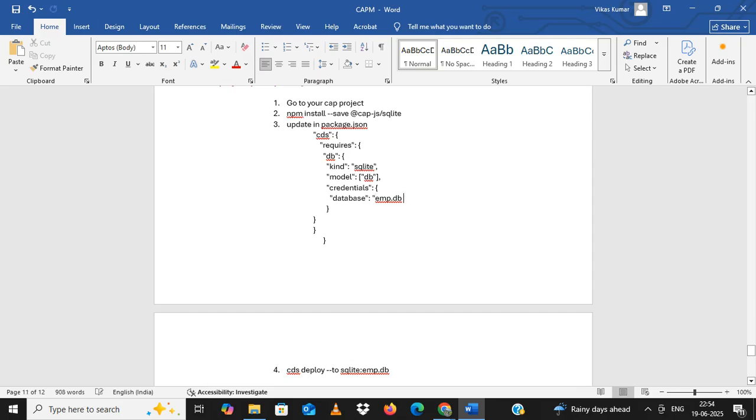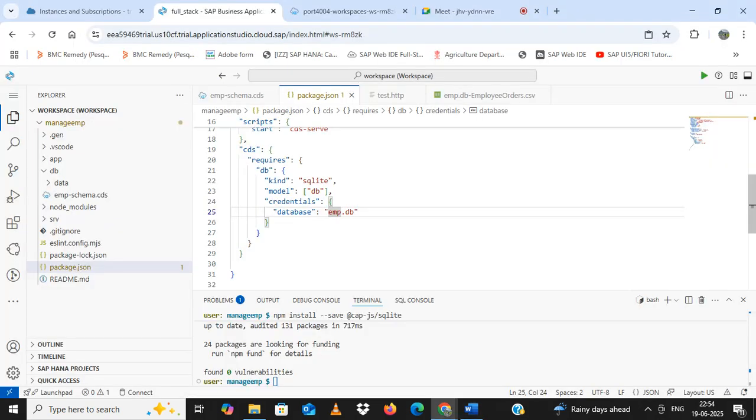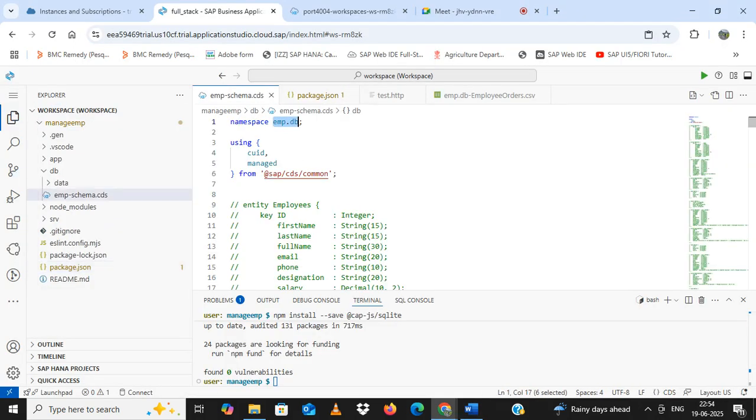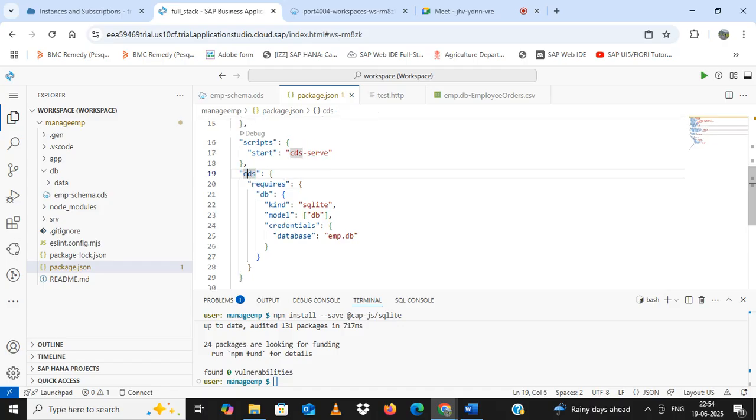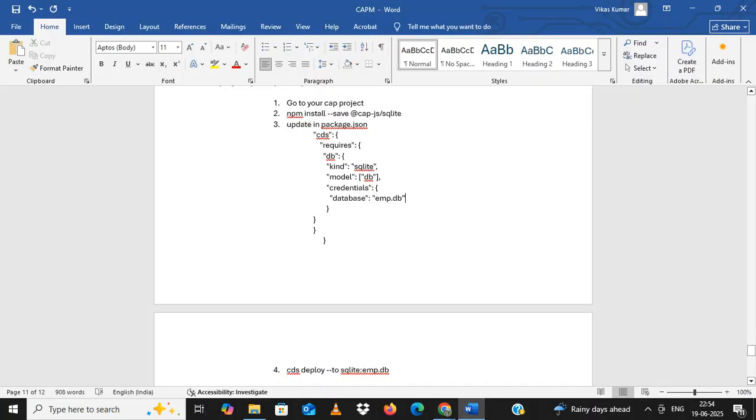So here, the namespace we can get from schema.cds, same namespace. So this is the second step. Guys, it's clear, Prathamesh, Himanshu, Karthik? It's clear till here. Okay, now the third step is